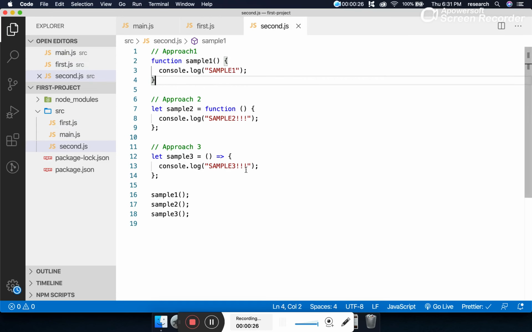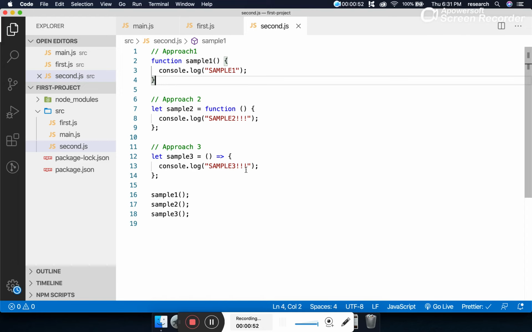But in real life, in a real project, what happens? There should be only one entry point, and all other programs should be supporting programs. And this is known as what? Modules. This is known as module management. So in this episode we are going to learn local module management in Node.js. Okay, so let's start from scratch is the key.